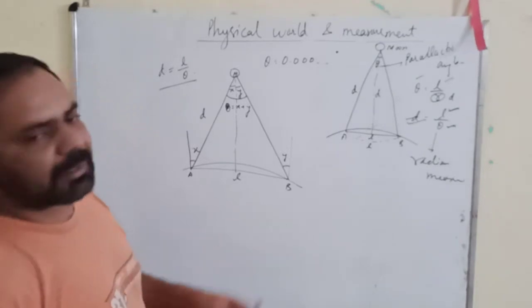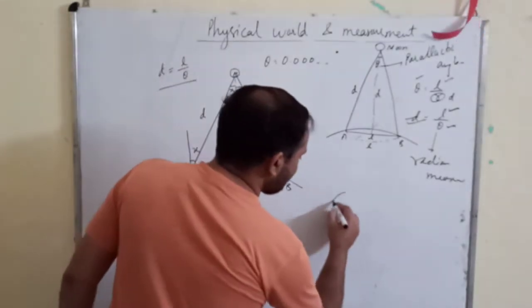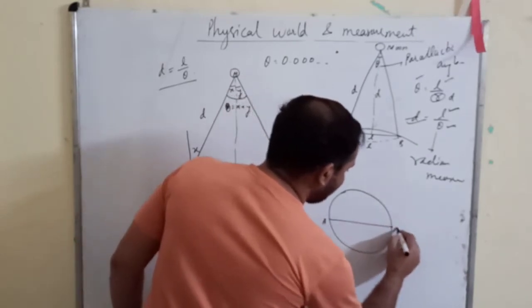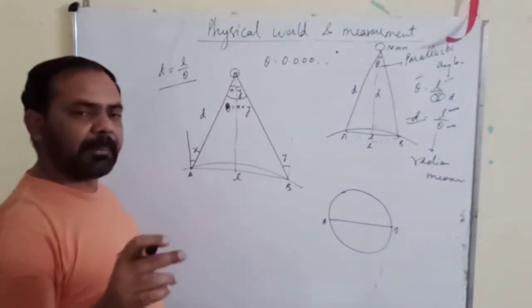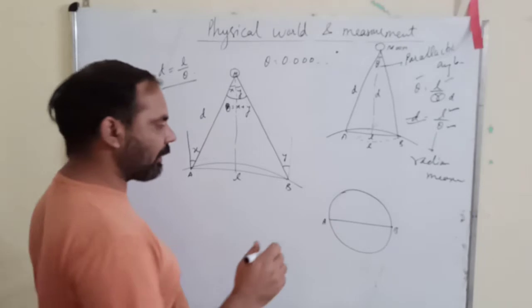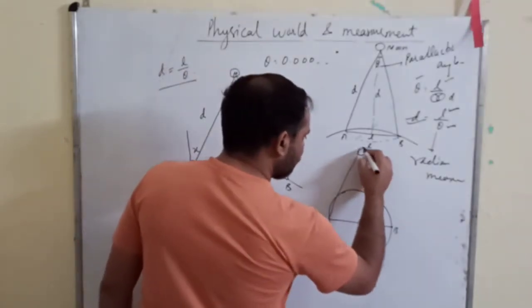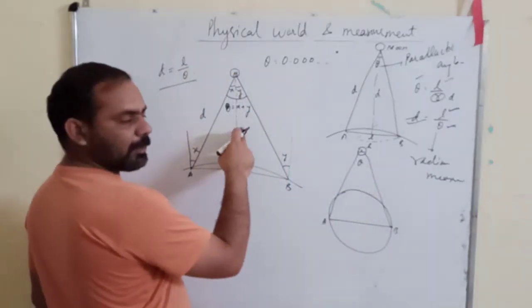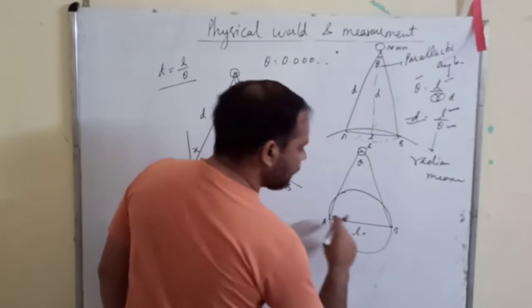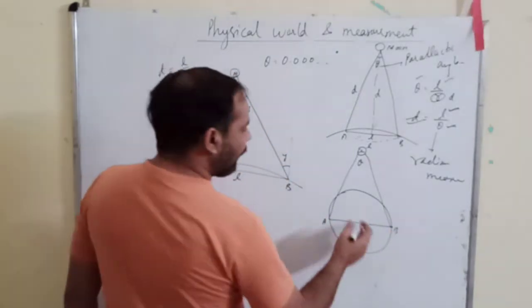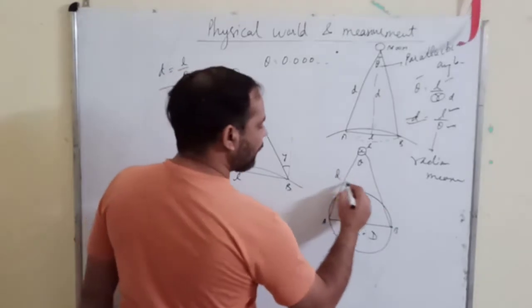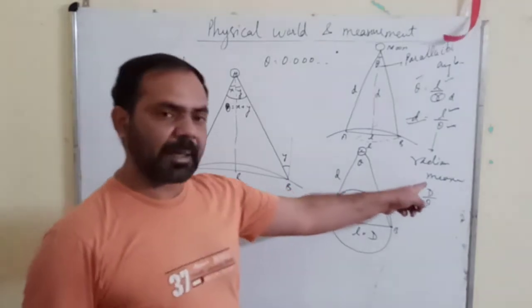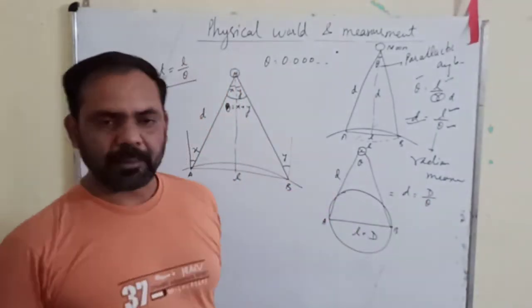Now how can you increase that distance? We can increase that distance in this way. This is your earth. You take one point here and another point here. Now A and B are two diametrically opposite points on the surface of the earth, and now you measure the moon, like this. So now this is your angle theta, you can measure by this method, and now L is equal to the diameter of earth, which is capital D. Now you can find out D equals D upon theta, where capital D is the diameter of earth and theta is the parallax angle.